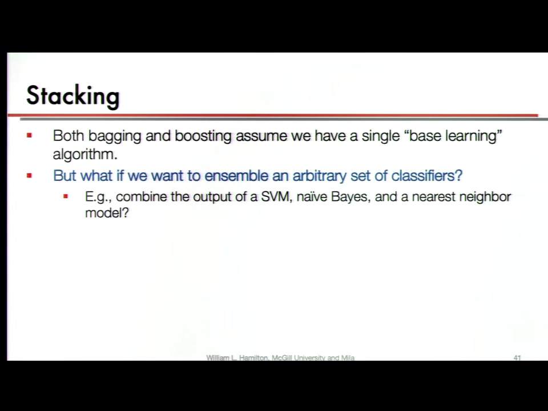But what if we just want to ensemble a whole bunch of models that have nothing to do with one another? So, for example, what if we trained an SVM? What if we trained a naive Bayes model? What if we trained a neural network, which we'll talk about next lecture? Some nearest neighbors. And we think, okay, all these models are doing okay, and they're making errors in different ways, so presumably if we somehow combine the output of all of them in a reasonable way, we could do better. So this is maybe the intuitive notion of an ensemble: I've built a bunch of machine learning models, they're all doing reasonably well. How can I combine them all together and hopefully do a bit better?